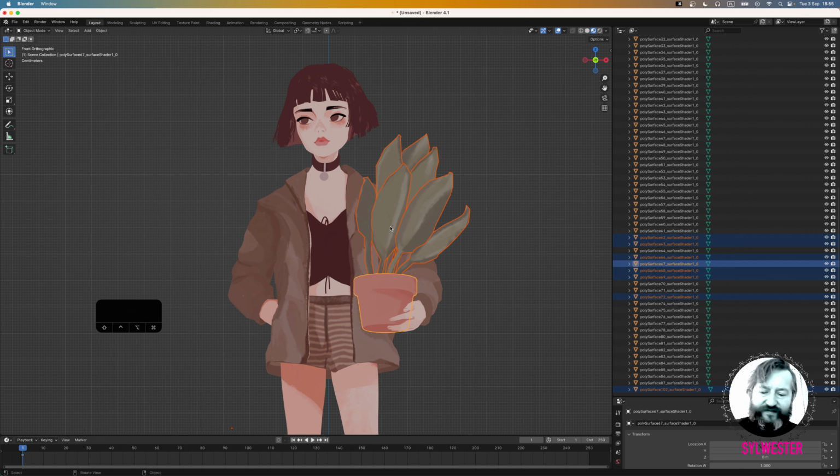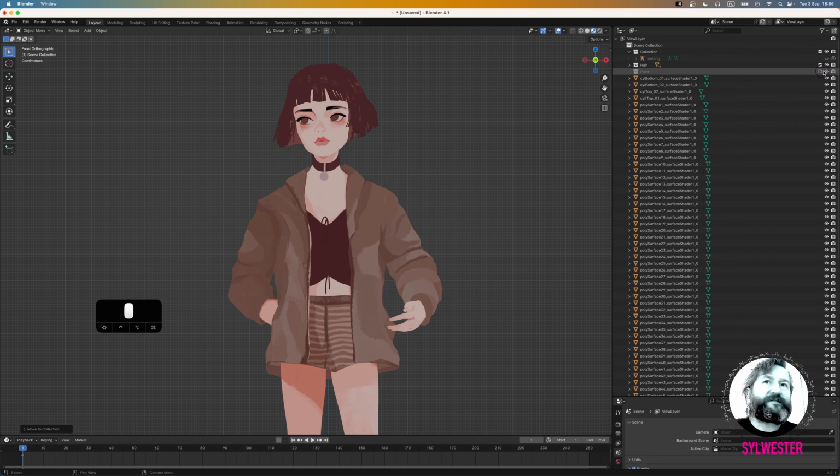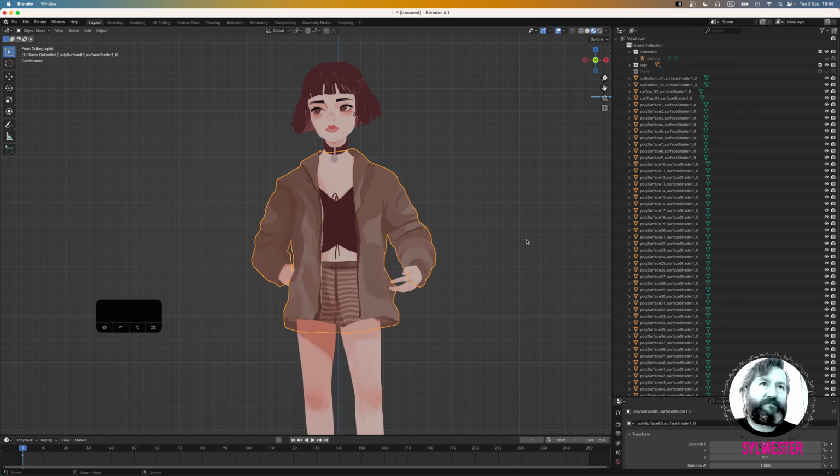it's not that tedious. If I press M, it will open the panel, and then we can create a new collection here. We can call it plant, and we can move everything to the plant. So you can, for instance, hide plant right now. The same with, I think this is code, but we can move it to